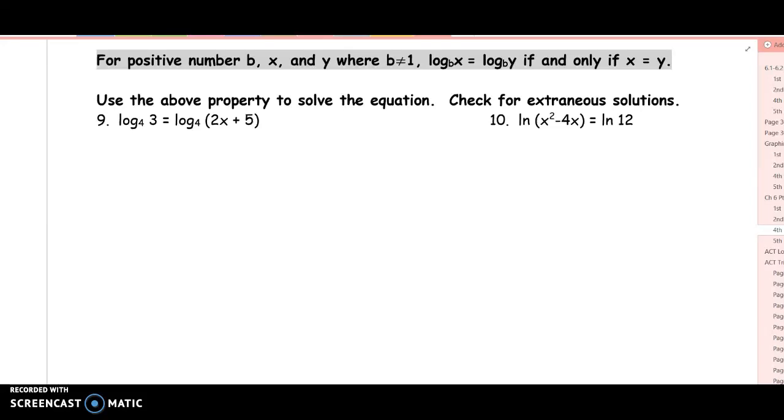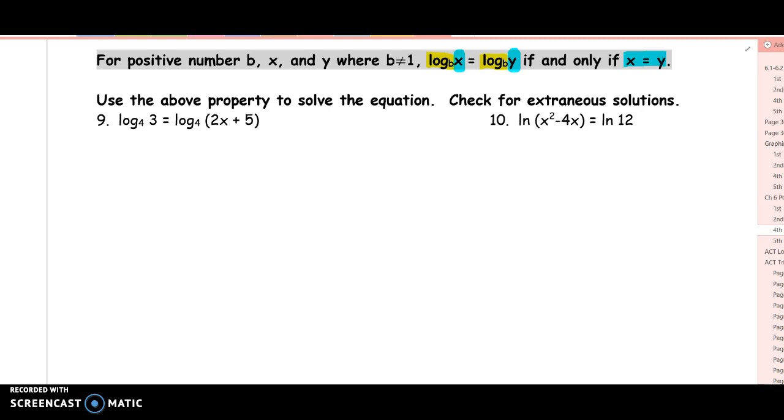Today we're going to be solving logarithmic equations that have logs on both sides. The property we're going to be using says that if log base b of x equals log base b of y, then x equals y. If there's a log on both sides and they are the exact same log, same base,